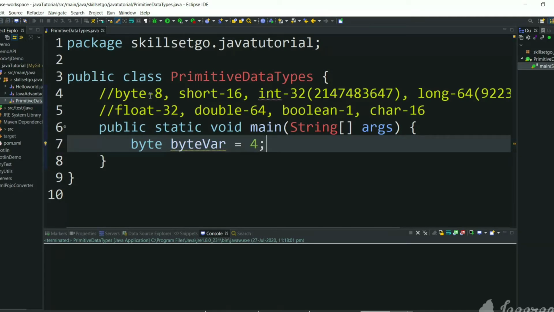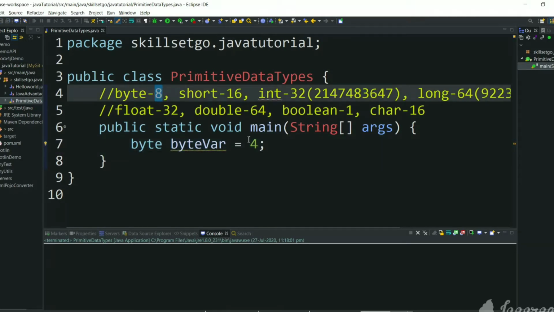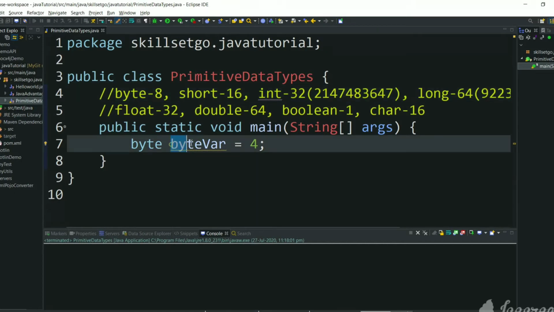Byte is 8 bits in size, so only smaller numbers can be assigned to this byte variable. If we try to assign bigger numbers, we will get errors. Let's try to assign a bigger number, which is 200. Now the compiler will throw an error: type mismatch, cannot convert from int to byte. This is considered an int and it cannot fit into 8 bits.